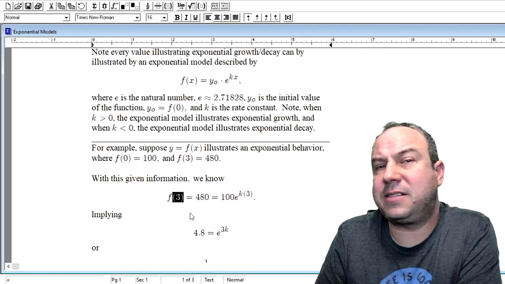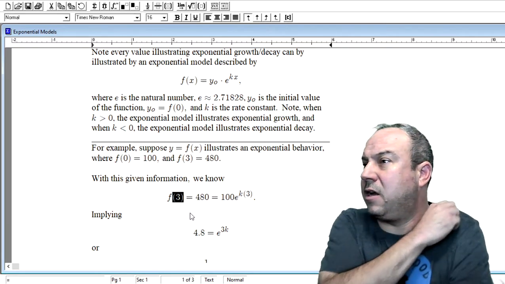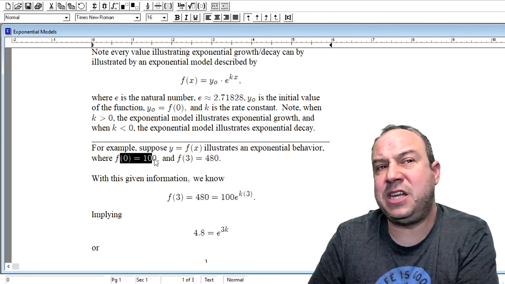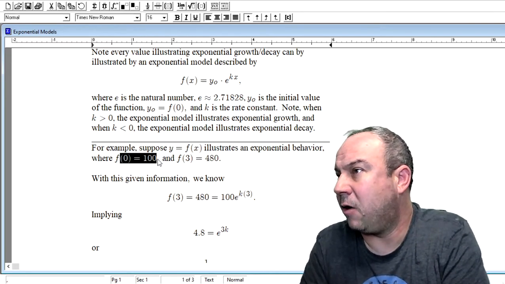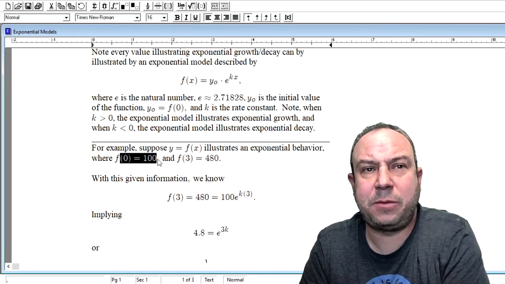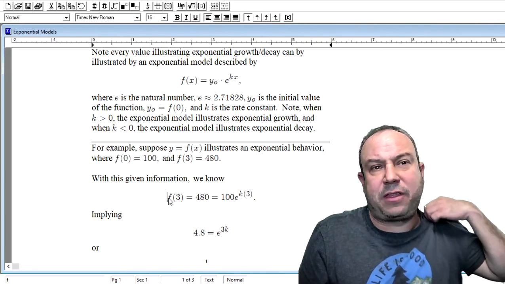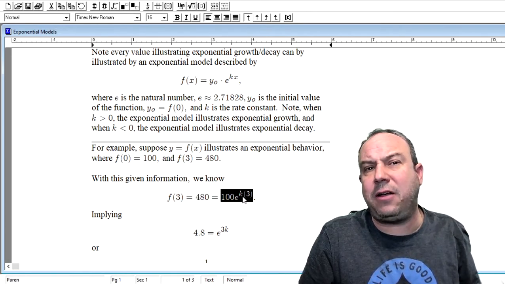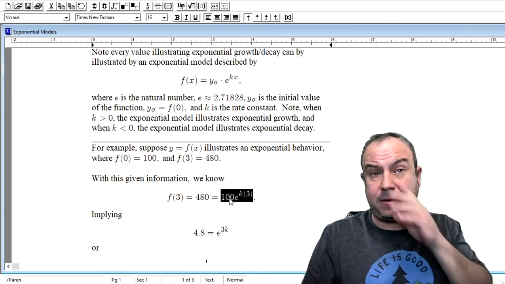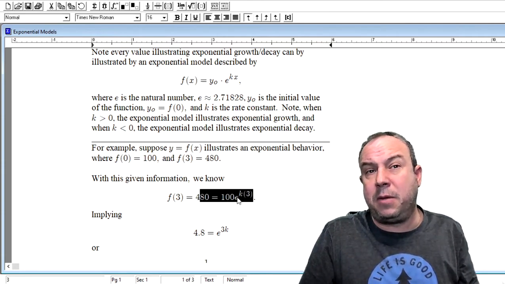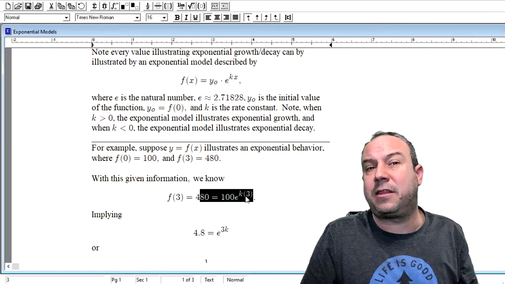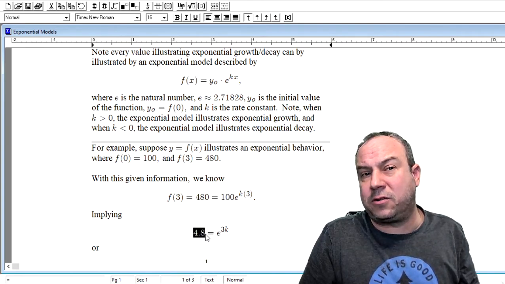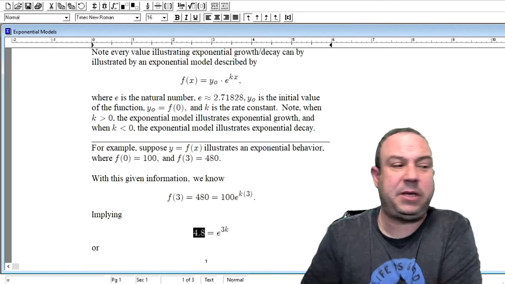3 being the value of x, where we're evaluating our function f to obtain 480 in value, and 100 being the initial value of f in our relationship here. With f of 3 noted to be 480, and understanding that 100 is our initial value, we are able to prepare the fact that 480 must be equal to 100 times e to the 3 times k value. If I divide both sides by 100, that implies that 4.8 must be equal to e raised